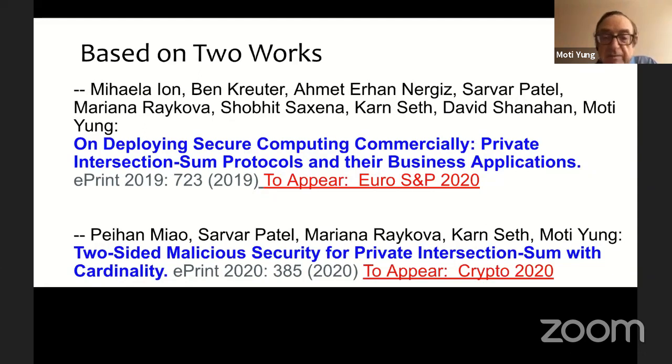The first one presents the problem and deals with the benign case, honest but curious. And the second one is the bulk of this talk, about malicious. What do you do in the malicious case when they are mutually suspicious parties and they want to follow the protocol? You still want to run it as efficiently as possible, and there's no free lunch. You have to work for it.